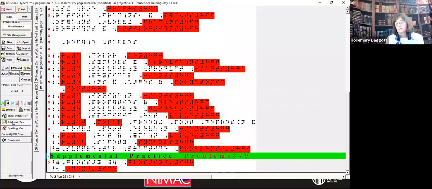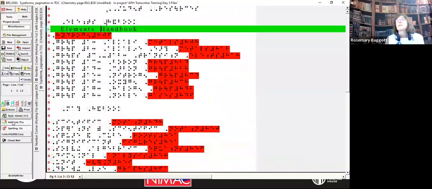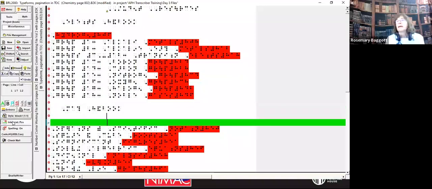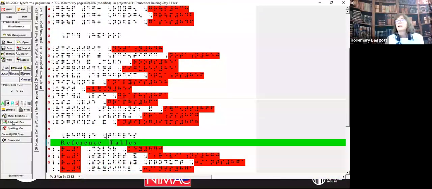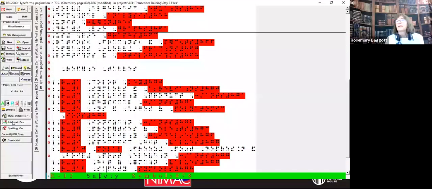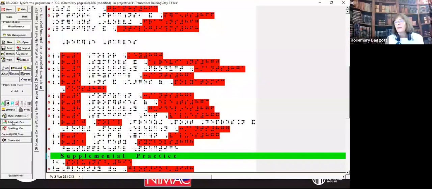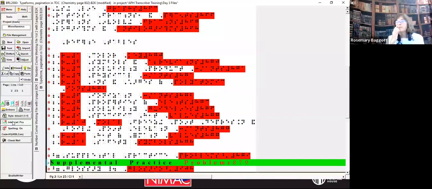Let's just go back here. So I have an Elements Handbook in this reference resource book. I have a Math Handbook. I have reference tables. And then in the table of contents, we're going to take things like the supplemental material and have a blank line between that and whatever precedes it.